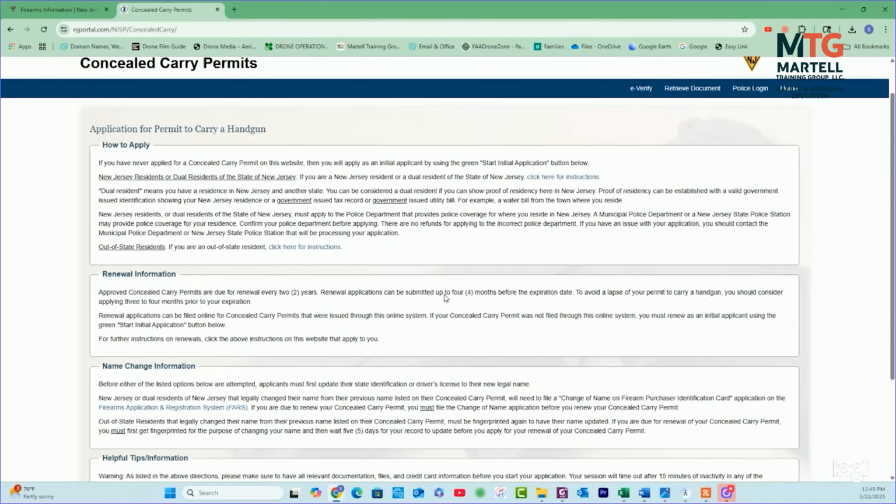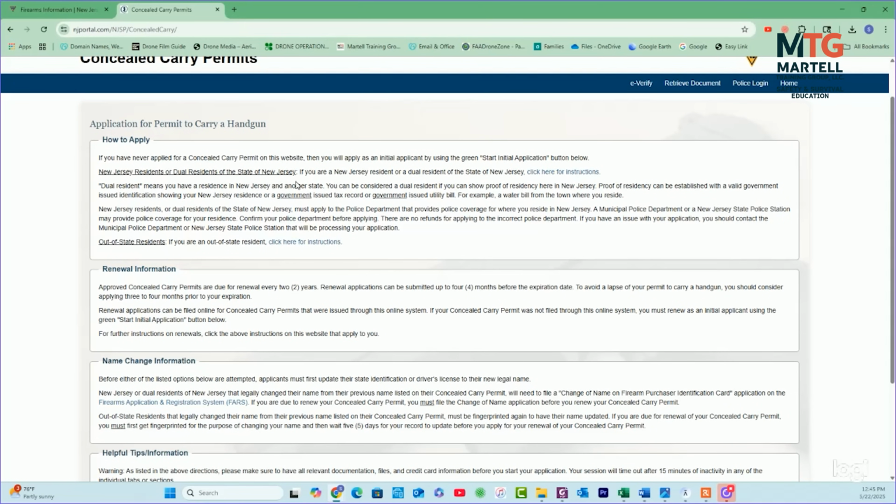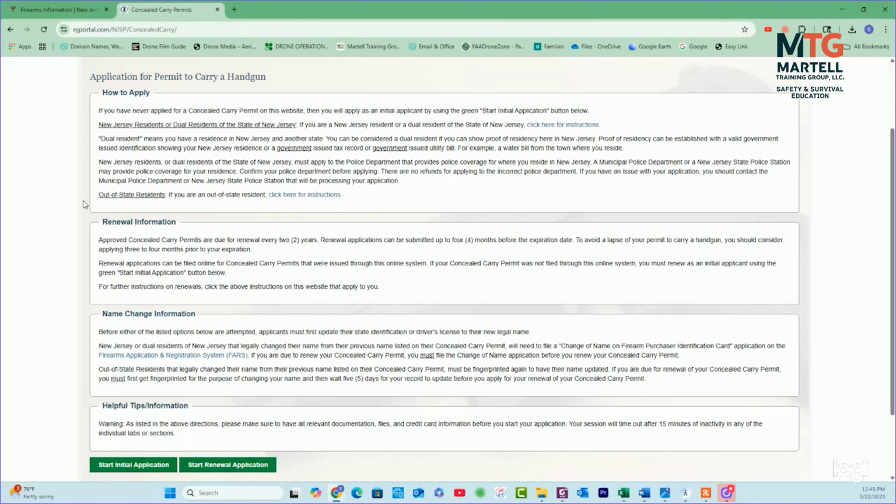And again, you need to have all your documents to upload and all your information here, like your SBI. It talks about the renewal right here. Approved concealed carry permits are due for renewal every 2 years. The application can be submitted up to 4 months before the expiration date. To avoid a lapse in your permit to carry a handgun, you should consider applying 3 to 4 months prior to